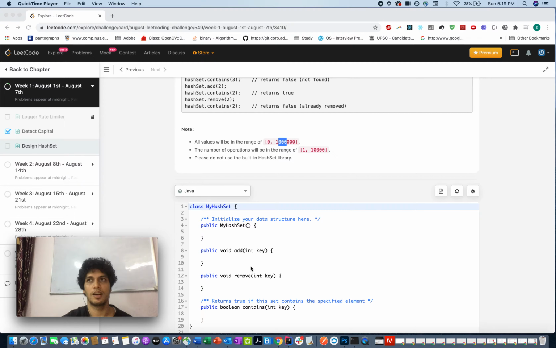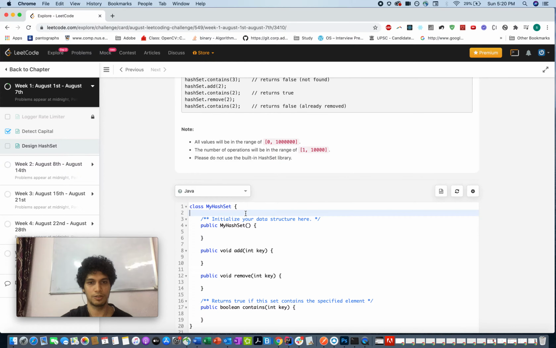In this way, you will be using an array of size 1 million, and you will be setting the value to be true if that value is present in the hash set, and if the value is not present, the default value is false. So let's try this approach out and see how it goes.